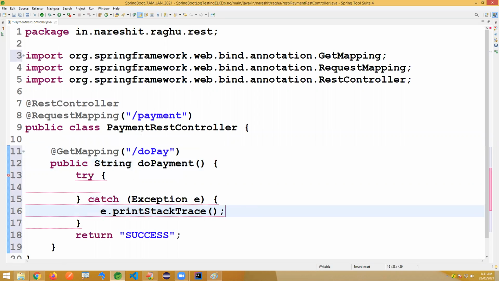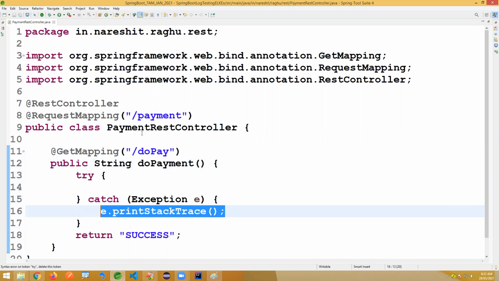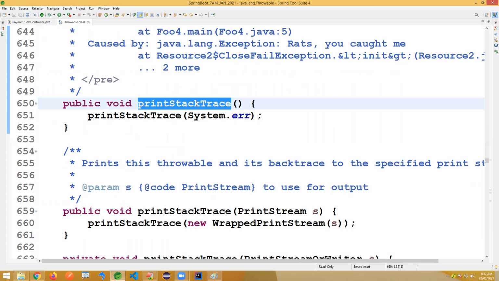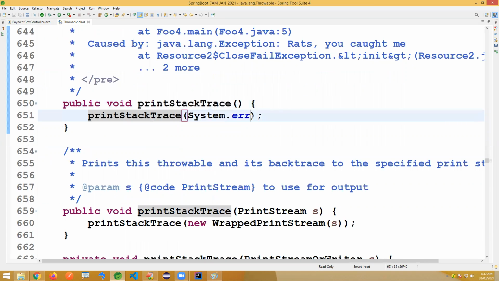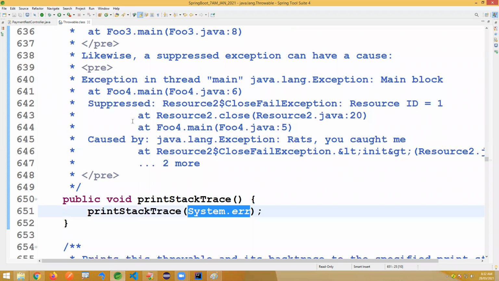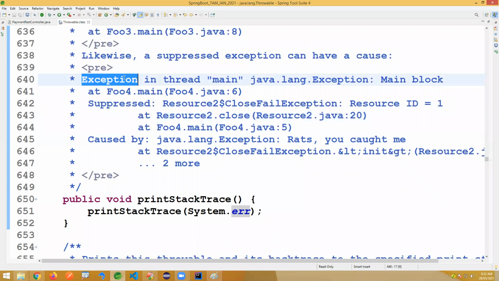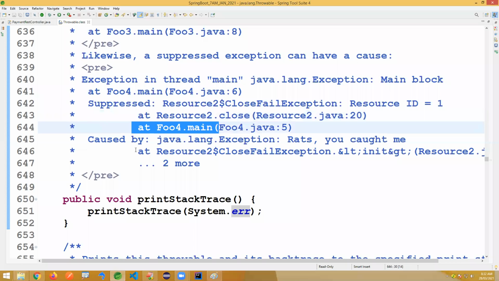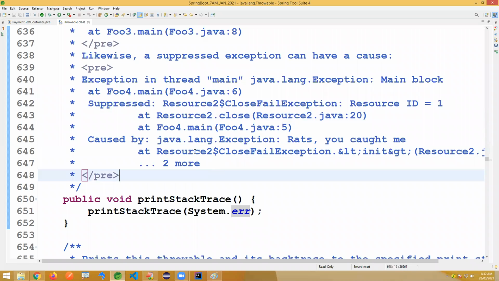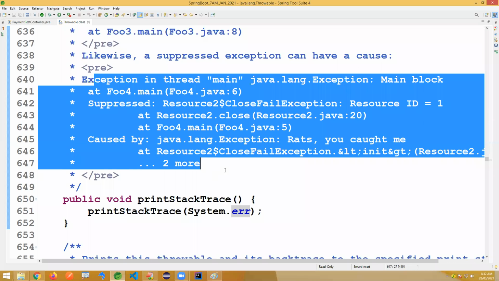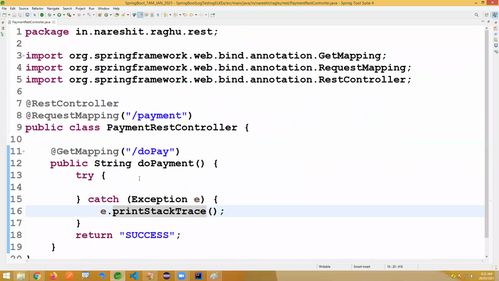Now generally we write printStackTrace. But if you observe, it will print a full stack trace here. This is printed at the console by using the internal System.err. It is printed like this, suppose, a ClassCastException in the main thread, like this example. Something like that is there, right? These are the multiple lines I just want to read here. I just want to read this into one string format. I'll show how to read that.